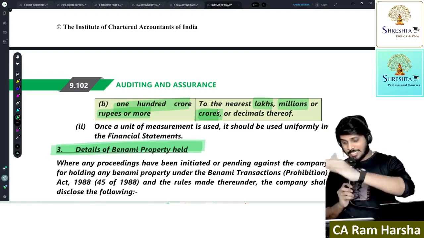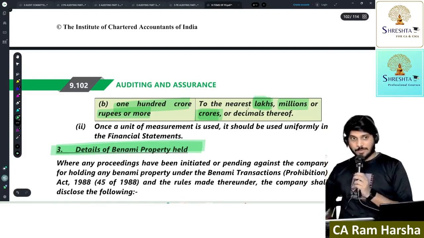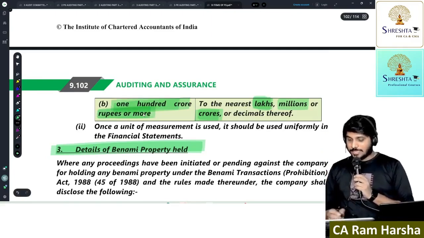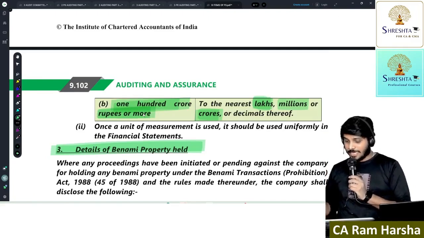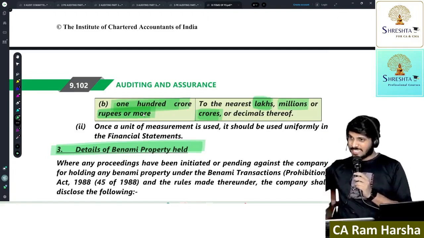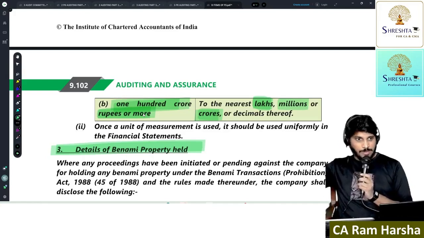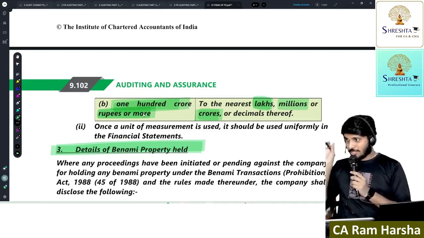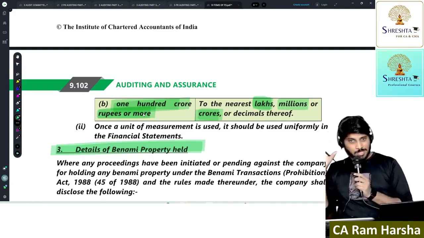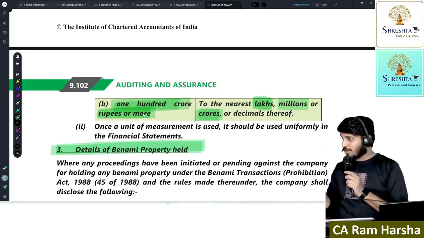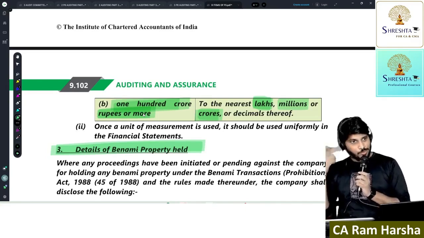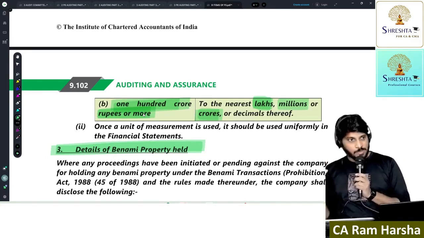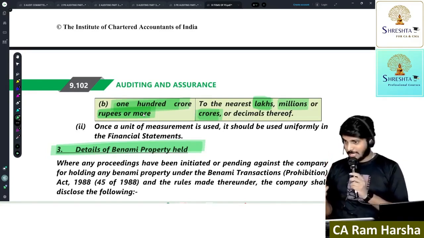Able to understand? State Bank of India has presented in lakhs. So when a company is presenting, now tell me, if a company has an income of more than 100 crore, can they present the actual value of the transaction, the actual revenue from operations? No, it is not suggestible because the number appears very big. The moment it crosses 100 crore, the number goes to approximately 10 digits, and 10 digits occupy so much reading space. It is sometimes confusing. Able to understand?